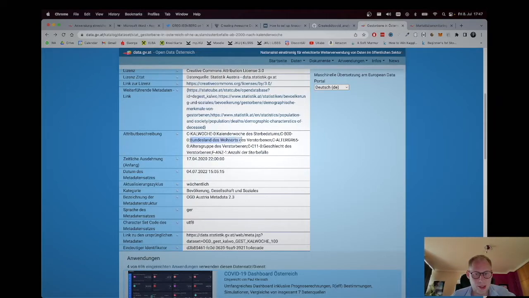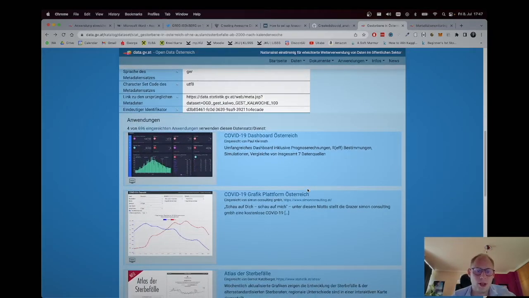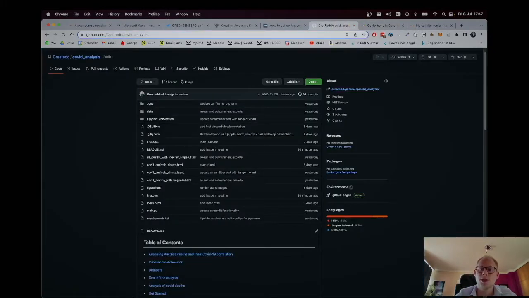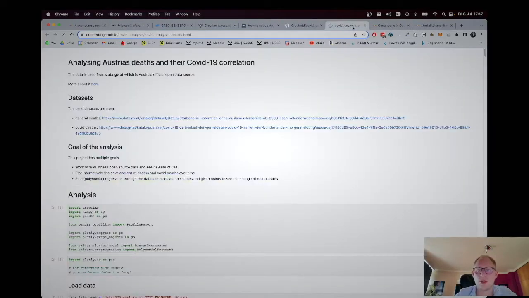So it says here it is the country, it is the age group, it is the gender. So stuff like this is available, and that's great. However, of course, there needs to be some pre-processing along the way. So when we look at the notebook, you can see that